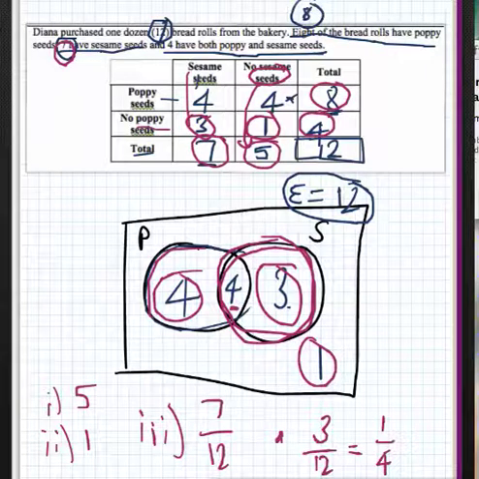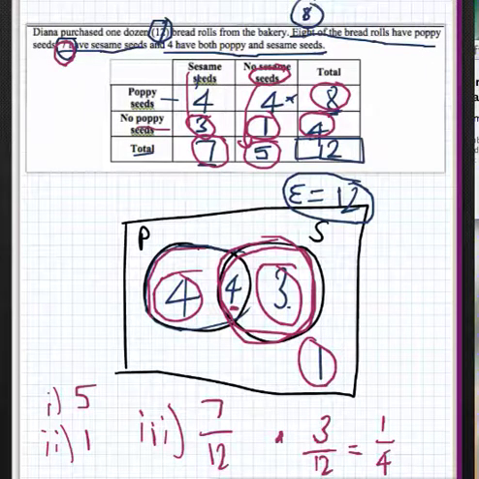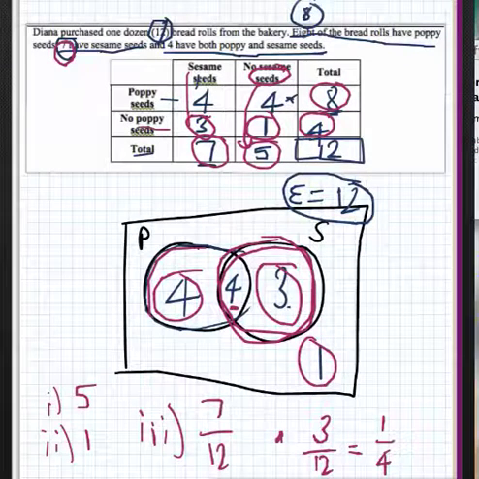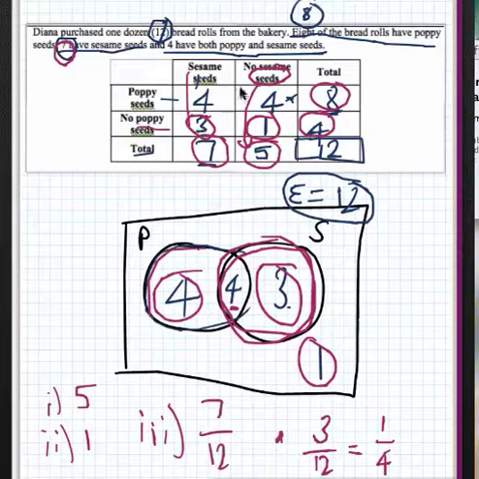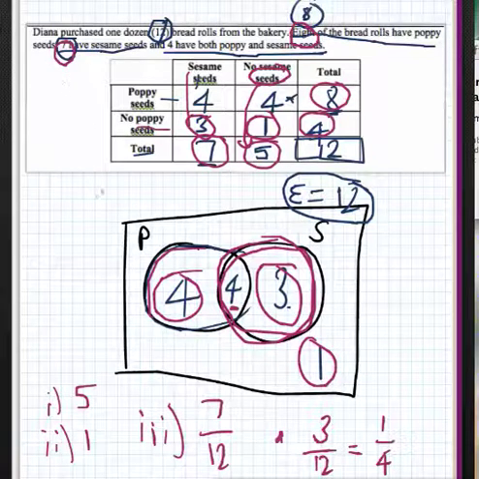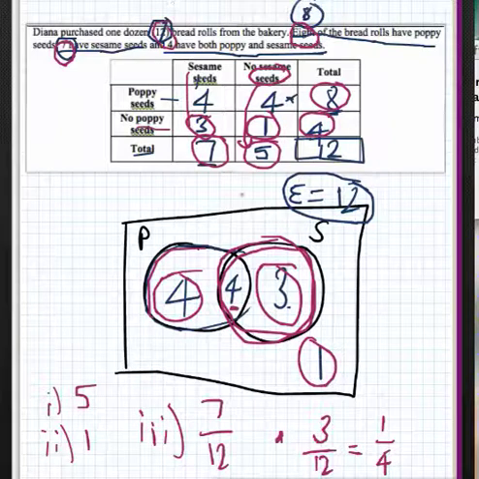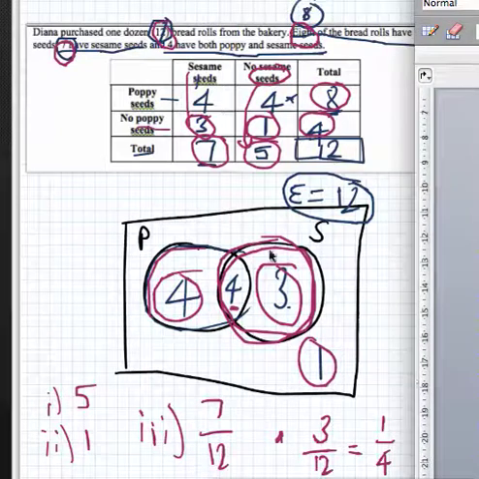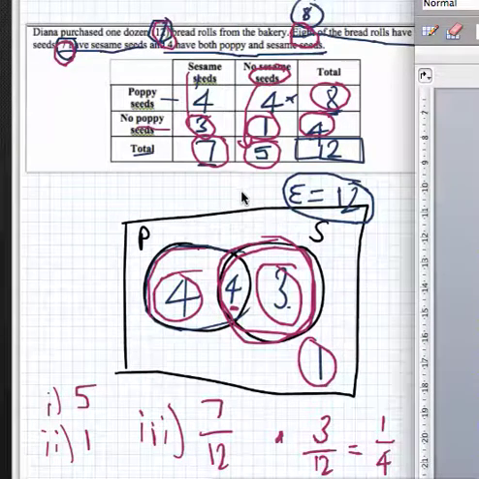And the last one, now this is getting quite messy, but you can still read it. Has sesame or poppy seeds. With this one, if you just went to the question and said, oh, 8 have poppy seeds and 7 have sesame seeds, and you added it together, that's actually wrong. You would get 15 rolls, and we know that we only have 12 rolls. So using our two-way table to answer that question, has sesame or poppy seeds,